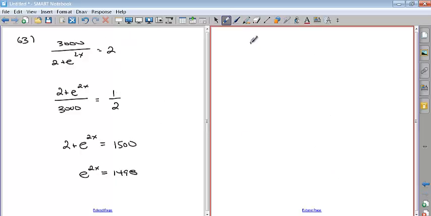Then I take the natural log of both sides. That gives me 2x on the left-hand side and the natural log of 1,498. So x is equal to the natural log of 1,498 divided by 2. So I'm dividing the natural log thing by 2, not 1,498 by 2. And I get